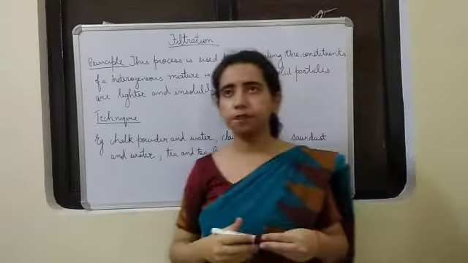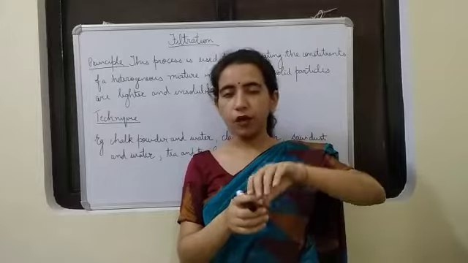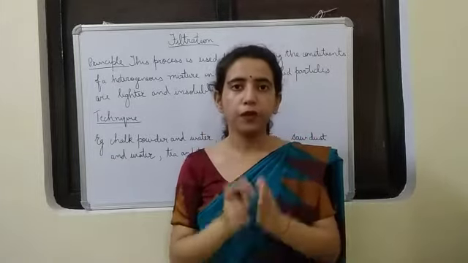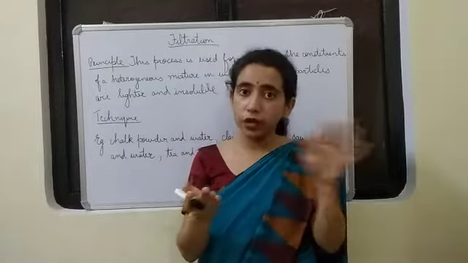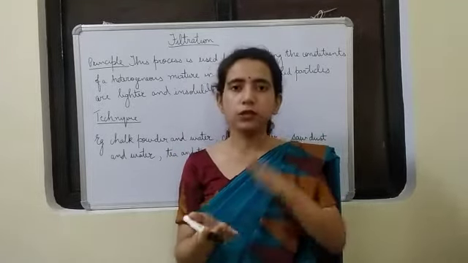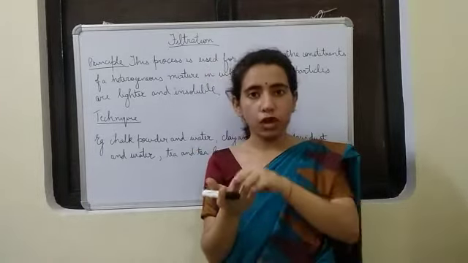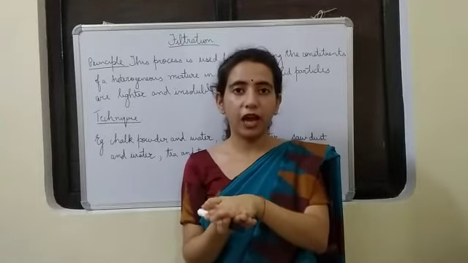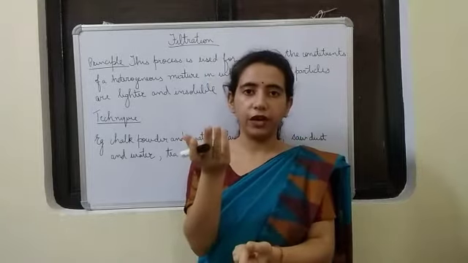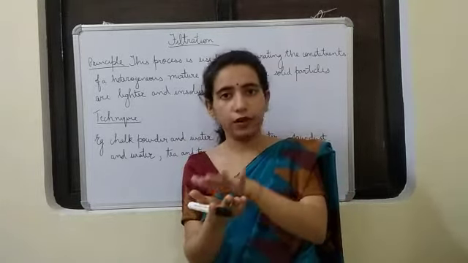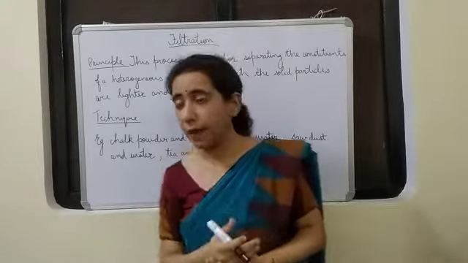Very simple it is. We will take that mixture and pass it through a filter paper. The filter paper we will take such that it will allow the liquid to pass through, but it won't allow the solid particles to pass. That means the solid particles will remain on the filter paper. Okay, and the solid particles remaining on the filter paper are called residue, and the liquid that passes through is called filtrate. The liquid will pass through, the solid will remain, and in that way we can separate the solid-liquid mixture. What are the examples here?